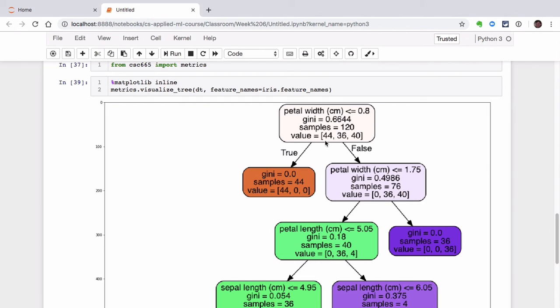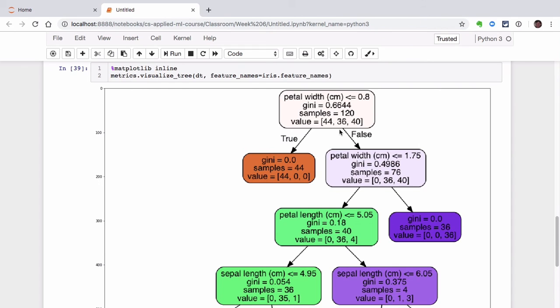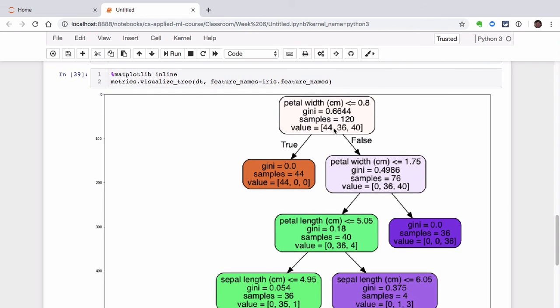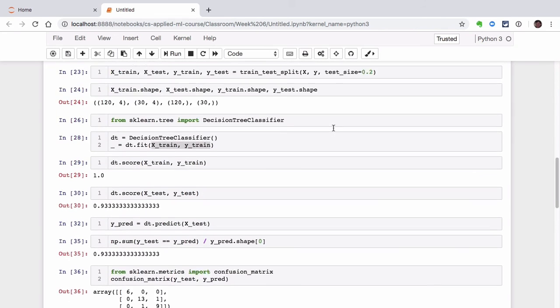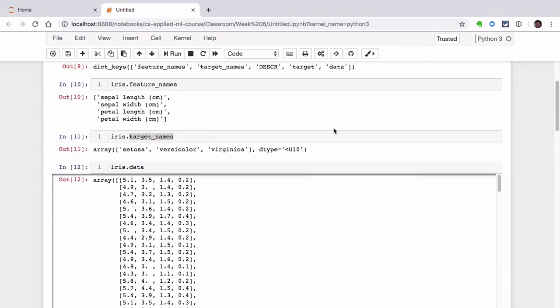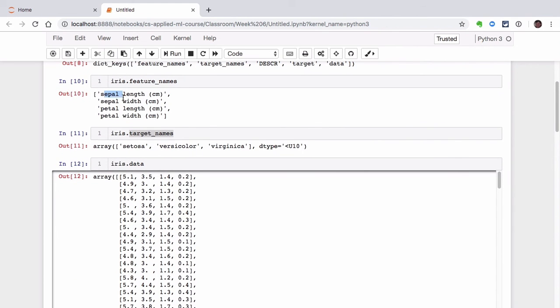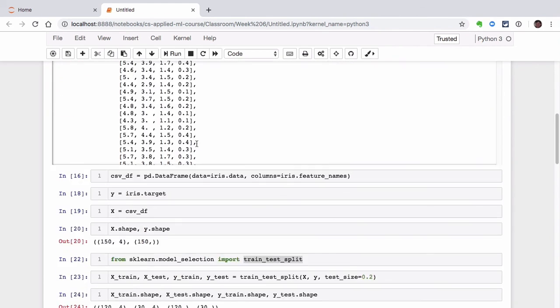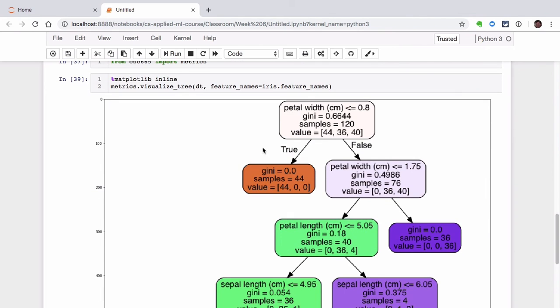Now, of course, it's not very useful because it looks pretty random. All classes are almost uniformly distributed, and the only reason we have different values is because our train test split simply divided the data set this way. So what the tree is trying to do as it trains itself is to split these values by using the inputs, which are, again, features called sepal length, sepal width, petal length, and petal width,